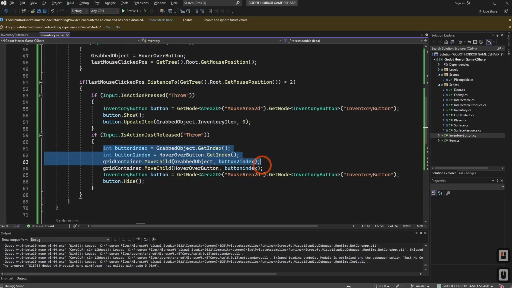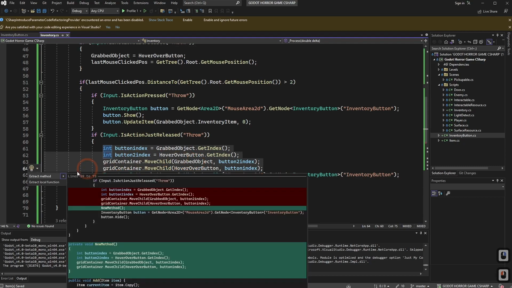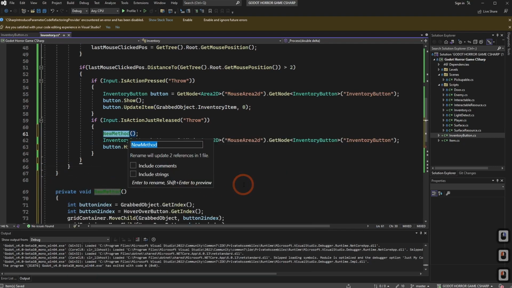So for instance, this guy should probably be its own function just for sake of clarity and so that things are a little bit cleaner. So I'm going to right click this guy, quick actions and refactoring, extract method, and I'm going to call this a swap